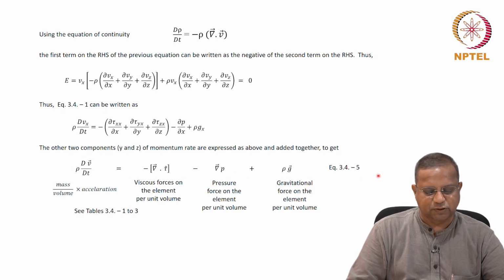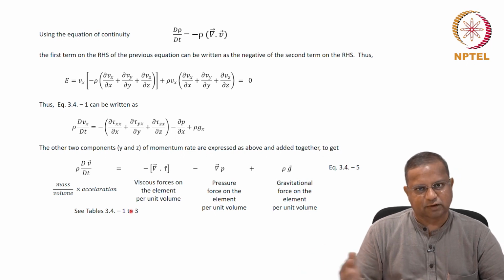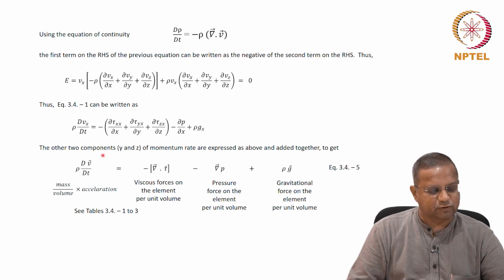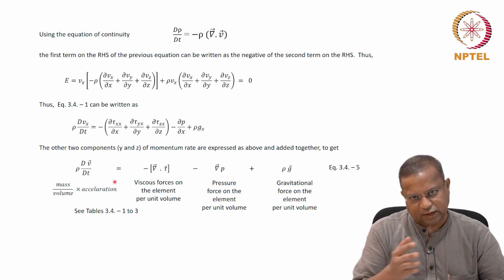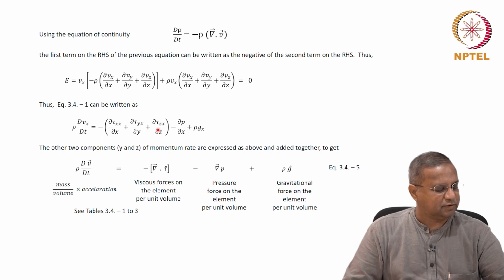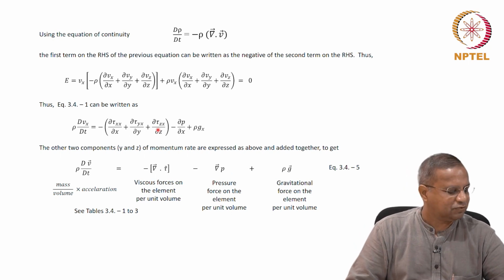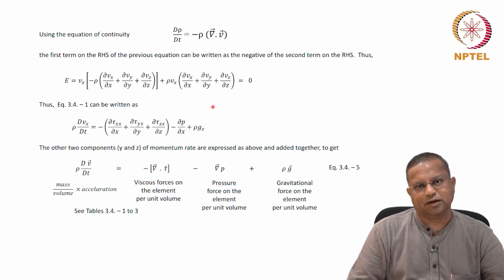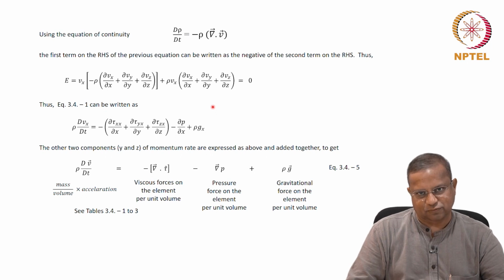So this equation, in terms of its individual components, is what is given in tables 3.4-1 to 3.4-3. I had asked you to make a copy of this, as well as the other 3 tables that were given, which I showed you briefly. Please make a copy of this, because we'll be using this equation over and over again, as you've already seen. Probably we need to do this review in 2 stages. It's quite a lot of information. So let's do a couple more minutes, then take a break, and then come back and do the remaining part of the review.